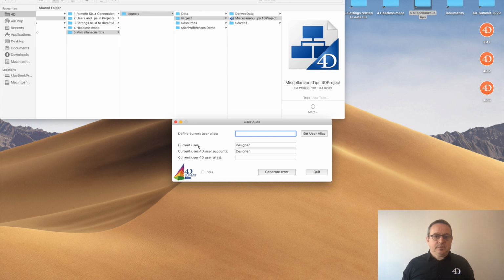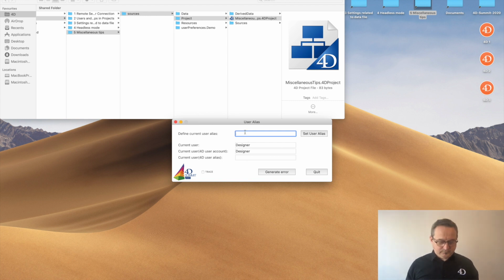So the current user command returns the designer. The current user command now allows an optional parameter with constants. So we can use the 4D user account, which is the designer. And we can force the current user command to tell us who is the alias.